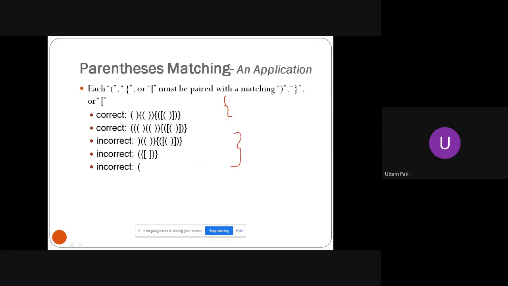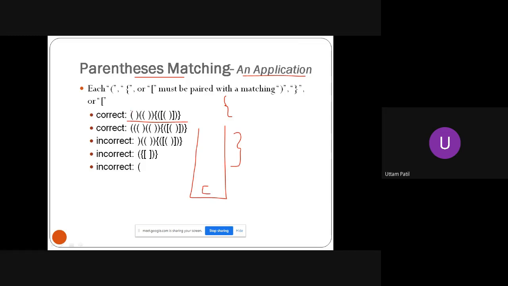Okay, there are many applications which we will study further. One of the applications of this data structure can be parenthesis matching. Now, these are the set of parentheses which are given. If there is an opening bracket, push it onto the stack. If it is a closing bracket, you will have to pop off the bracket from the stack. Okay. Now let us see this with respect to this example.